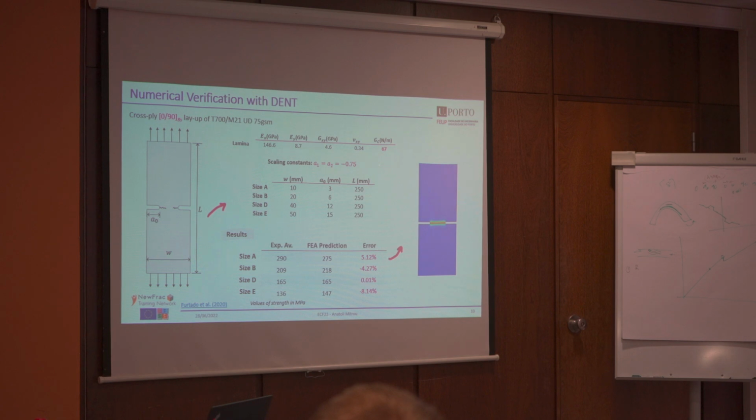This was a cross-ply layup. Again, you don't have a difference in the toughness in the 2 directions. But still, it was nice to see if the size effect can be captured, even in a different configuration, so it wasn't just the open hole tension. And again, size A was fit, and the other sizes were predicted. Very good errors here. So that gives some confidence in the method at least works in the principal directions, which is the main conclusion, I guess,